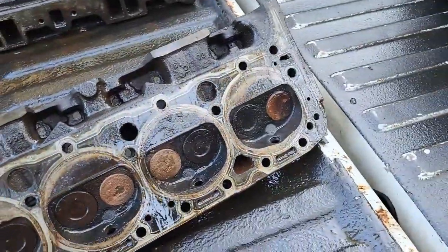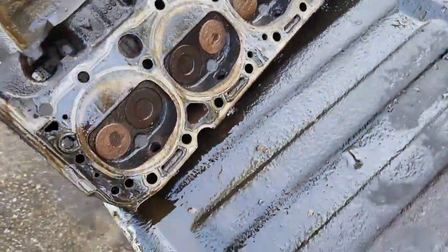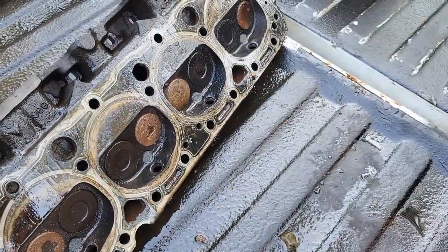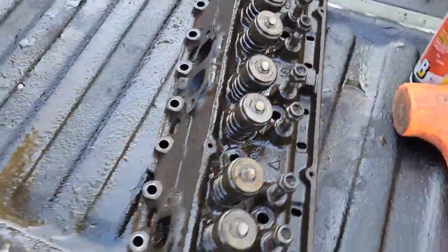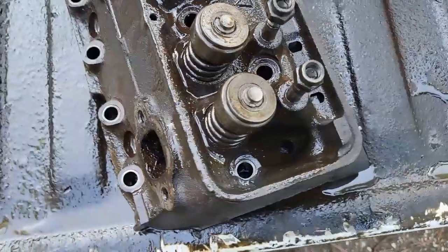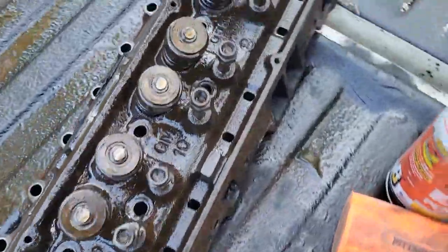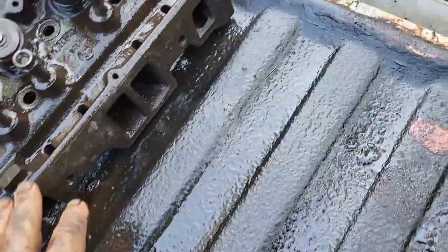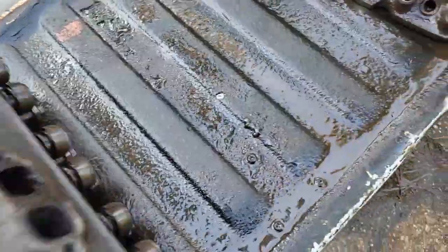So here we are, got them all cleaned up, at least pressure washed. I'll get them with a wire wheel, and we'll get all this cleaned up real good. But yeah, this side here is in pretty good shape. But look how nice it looks. You got all that grime off there. All these passageways were just filled with gook. So this thing was a mess, but it cleaned up really good. We'll get in the engine bay, and I'll show you what that came out like too. But all this came out good, and